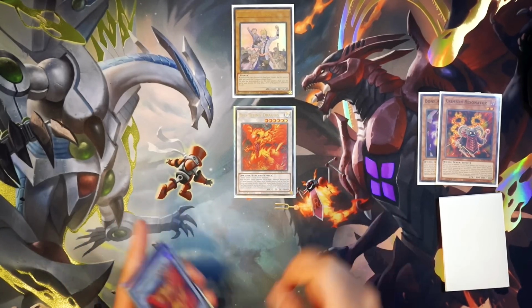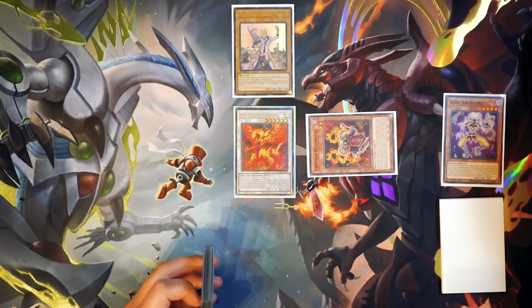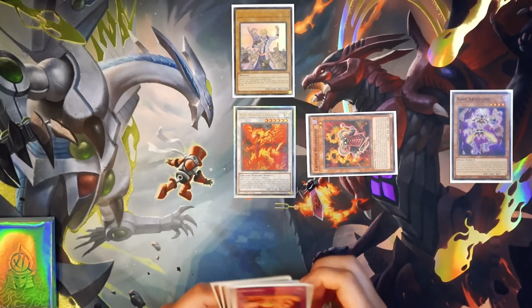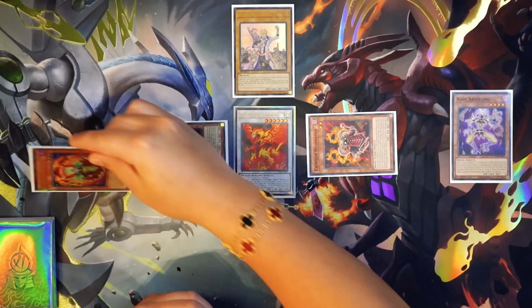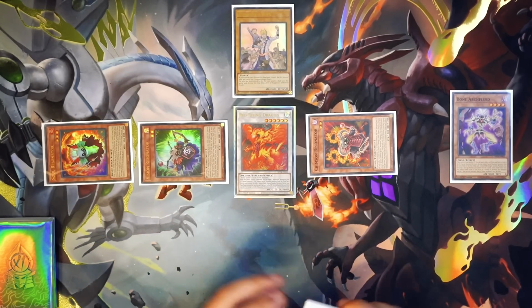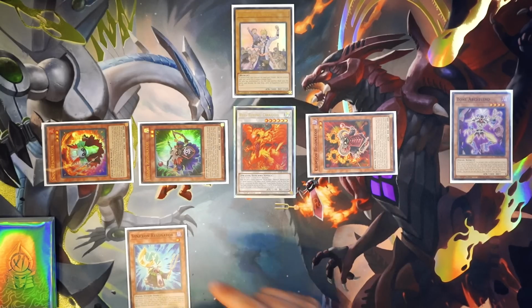Red Rising Dragon. You're going to activate Red Rising Dragon's effect to special summon back your Crimson Resonator from your grave. Absolutely amazing. You're then going to trigger Crimson Resonator's effect to special summon, of course, your Vision Resonator and also your Soul Resonator directly from your deck. Soul Resonator is going to trigger its effect to search your Synchron Resonator directly from your deck to your